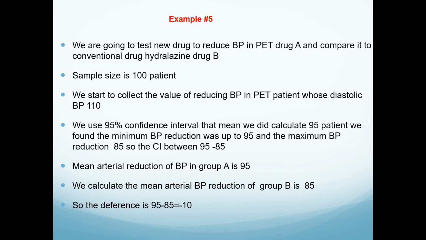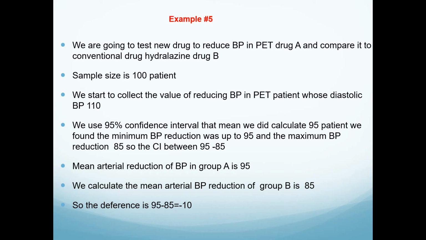Let us take a fifth example where we have an intervention, and we are going to test a new drug. Remember, the null hypothesis is telling you this drug is ineffective until you prove otherwise. What we are going to do is test this new drug in a sample size of 100 patients for the intervention group and 100 patients for the non-exposed group, or the control.